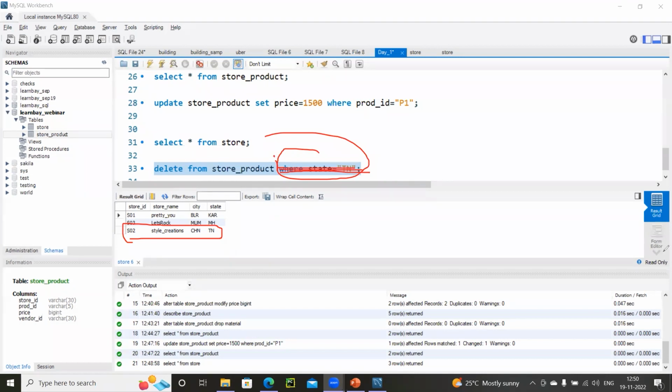Exactly, Brashita. It deletes all the records. So please don't do that. Exactly. All of you guys are right. All the data inside the table gets deleted.